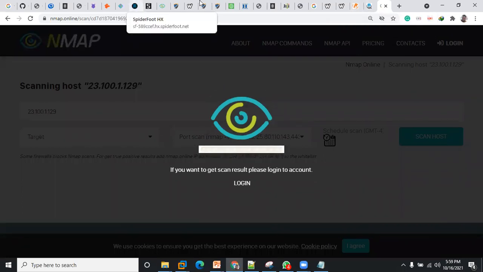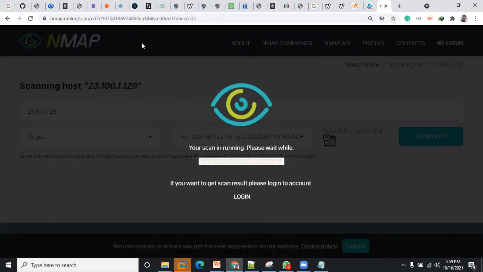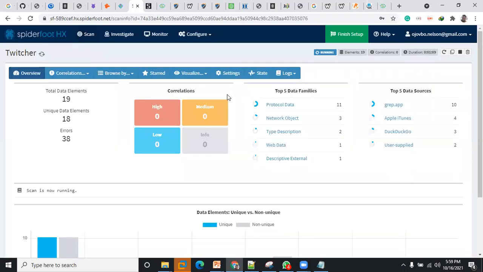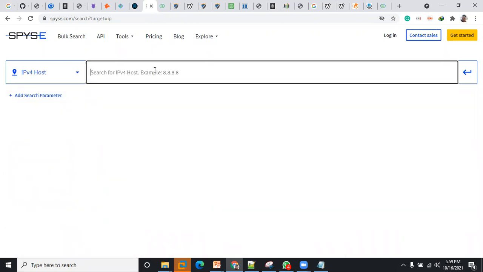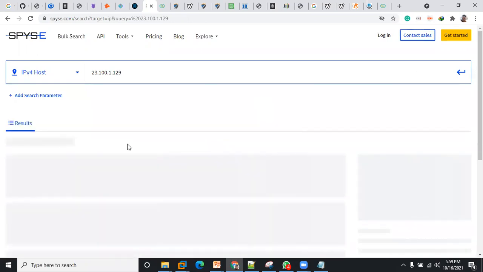So that's for Access Bank. We have already started some scans initially, and so far you can see it's still running. Still running. So these are some of the assets, some of the discoveries it has done, but so far it has not shown any high discovery. Let me see what we have on Spyse. Okay, so Spyse just gave us this. Let me check, for example, the IP address of a target.